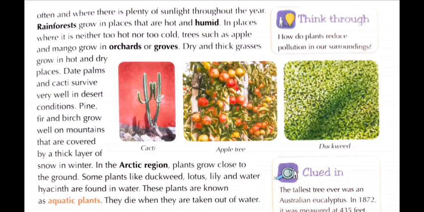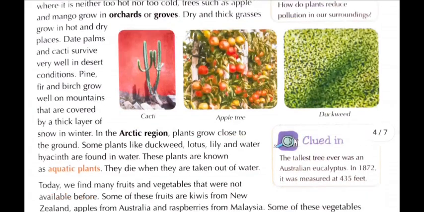So date palm and cacti survive very well in desert conditions. Pine and birch grow well in cold regions, that is, on mountains. The plants that are found or grow in water are known as aquatic plants. Examples of some aquatic plants are dogweed, lotus, lily, etc. Okay, so now move on to next, that is